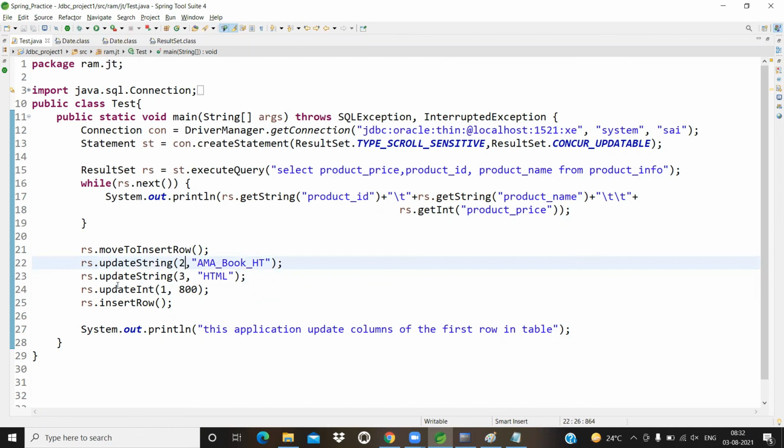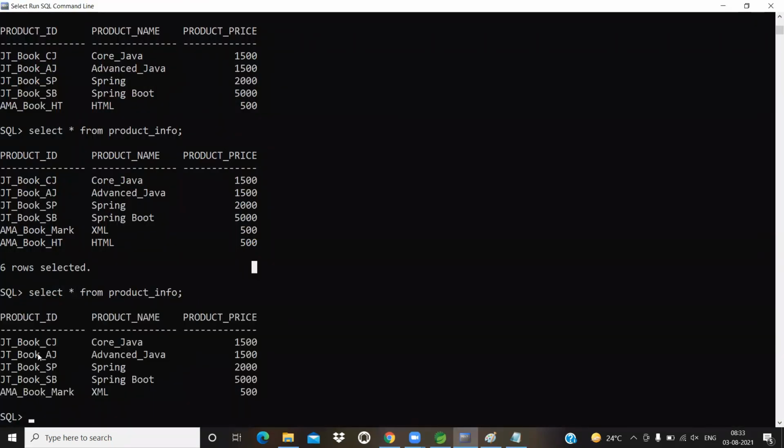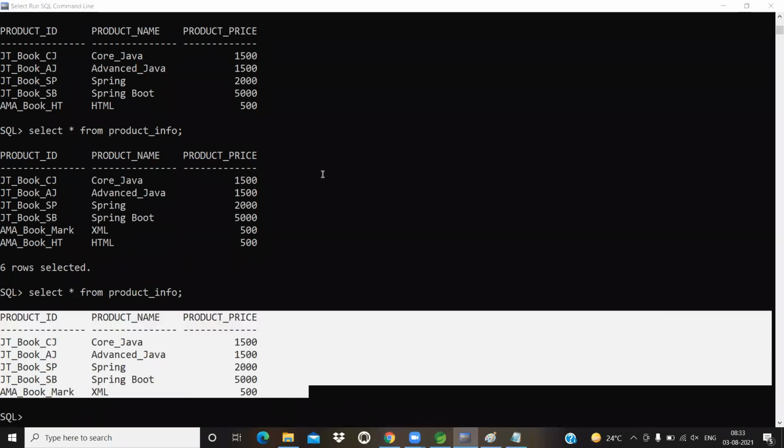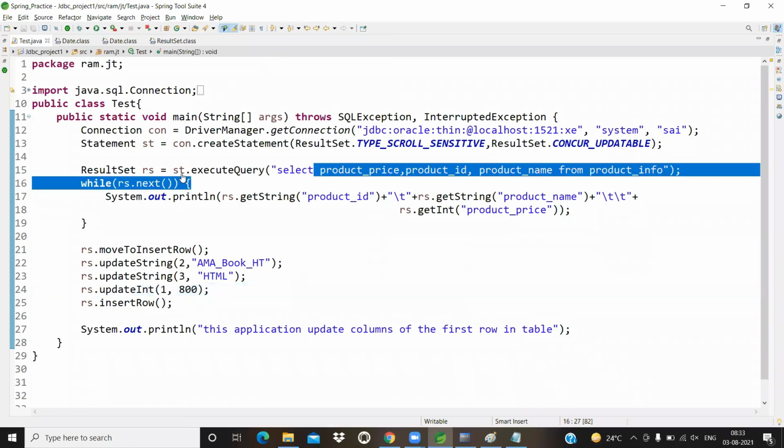So whenever we update and insert by using updatable result set, column indexes and types do not depend on your database table, they only depend on your query. Now let us execute this program.